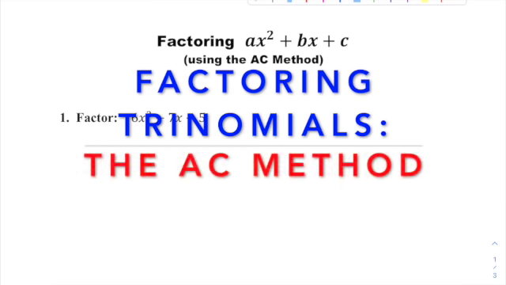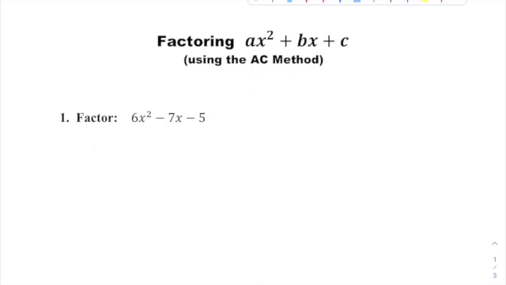Hey kids, Mr. Murray here, and we are talking about a more advanced factoring technique today. It is used to factor trinomials of the quadratic form ax squared + bx + c, but specifically when you've got a coefficient in front of your x squared other than just 1. So when you've got 2x squared or 3x squared, or in this case 6x squared is the first example we're going to look at. So to factor something that looks like this, since it's not just x squared like the simpler ones we've been doing lately,